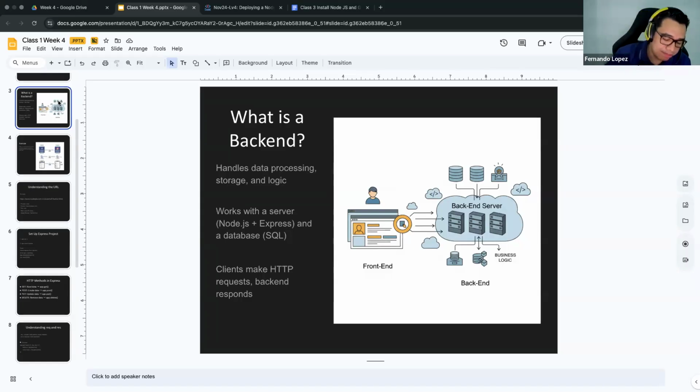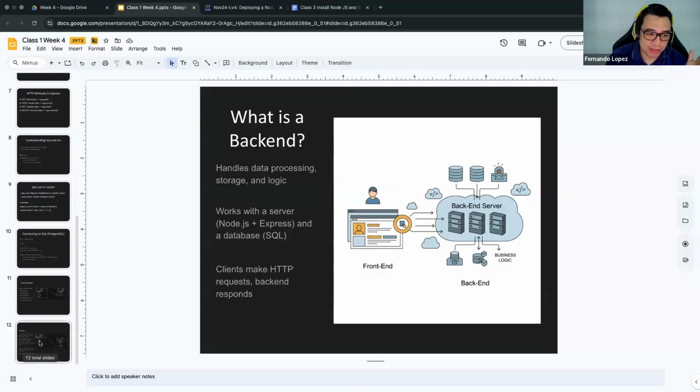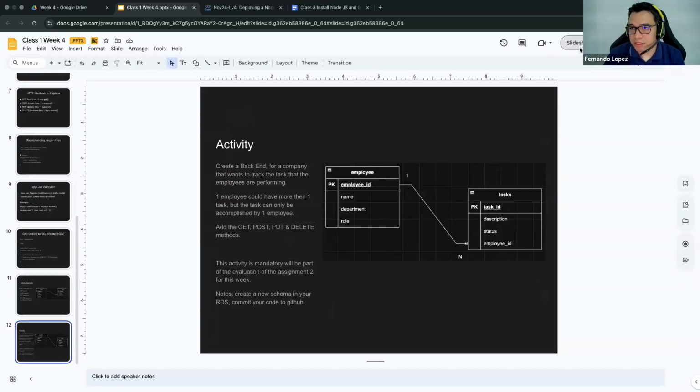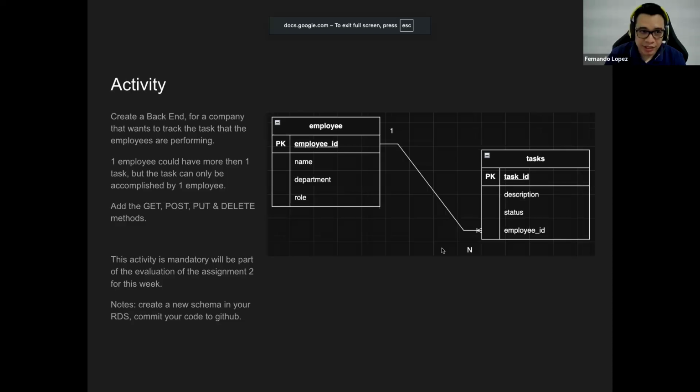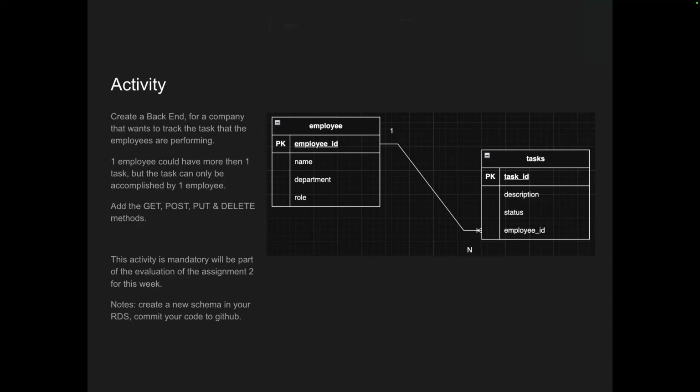Okay, so this is everything. If there is any question, let me know. I can help you. But right now, please start working on this activity. I will leave the presentation, the slideshow, here. Let me know if you need any support. Remember, first you need to create the repository in GitHub, then you clone it, and then you need to do the npm init. Once you do that, you can start coding. Does this make sense? Yeah. Okay. Well, let me know if you need any support, guys. I will be here to help you.